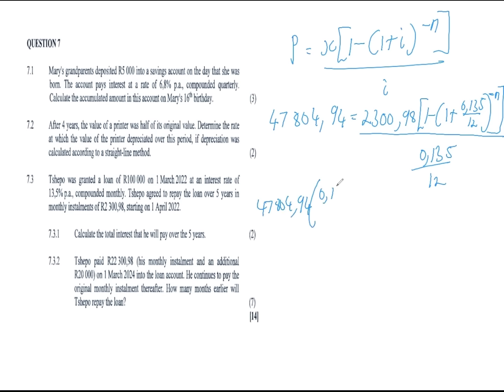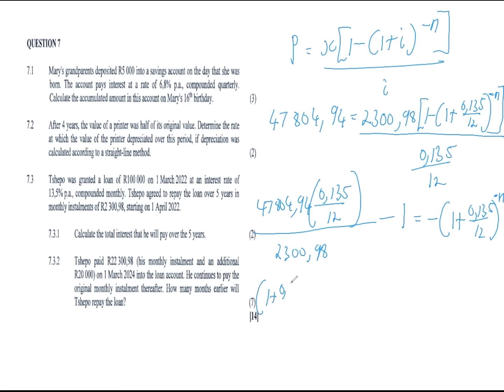So you just have to sharpen your math skills when it comes to this one. So a quicker way to do it is this. Just simply cross multiply this and then divide that. And then take this 1 over to this side. Minus 1 is equal to negative (1 plus 0.135 over 12) to the exponent of negative n. Right? Then what you can do is swap these around. So (1 plus 0.135 over 12) to the exponent of negative n is equal to, when you swap them around, they actually become 1 minus